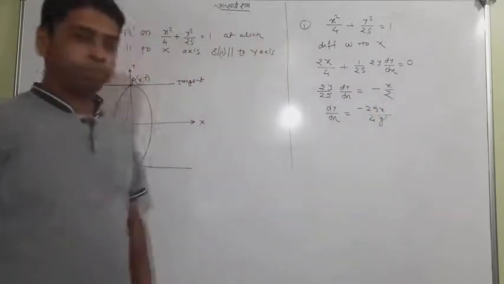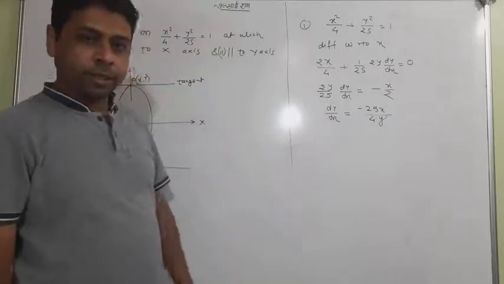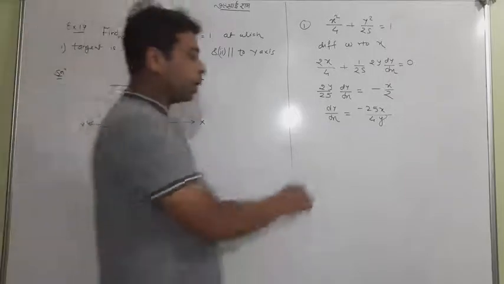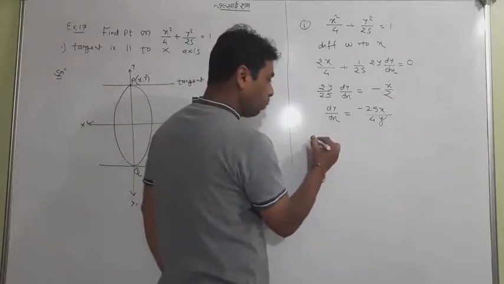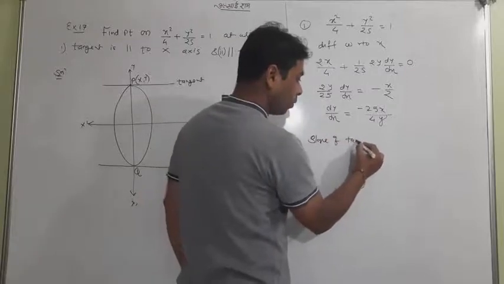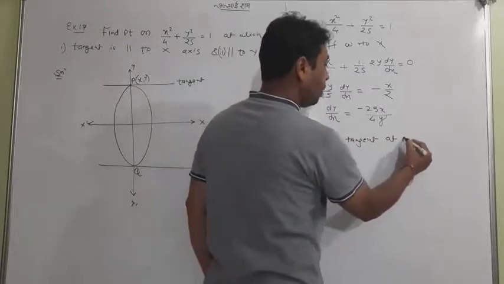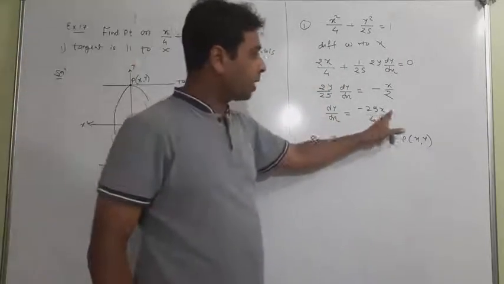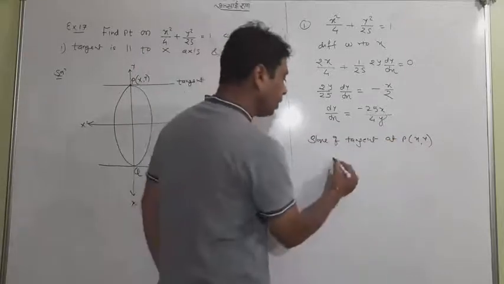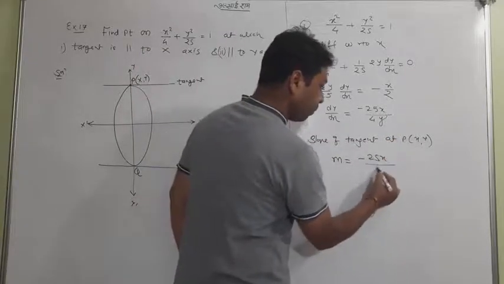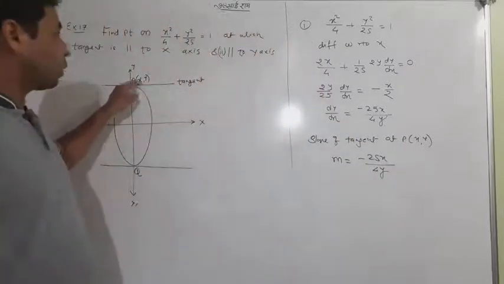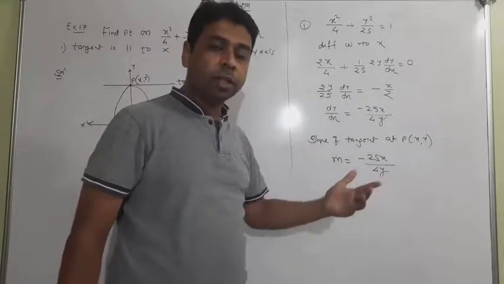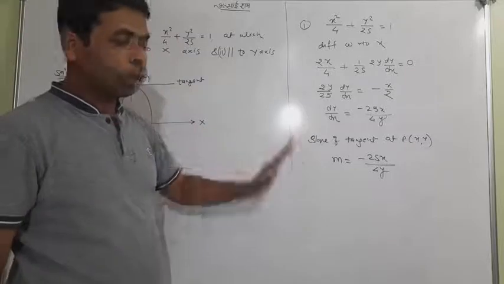Now what do you think about dy by dx? This will be the slope of the tangent when the point of contact is put here. So I'll write here the slope of the tangent at P(x, y), the tangent which is passing through xy. So we put x is equal to x and y is equal to y. So the same answer will be m. Because we assume it is xy. If it is x1, y1, it will automatically be x1, y1. But for convenience, I always take xy. So this is only m.